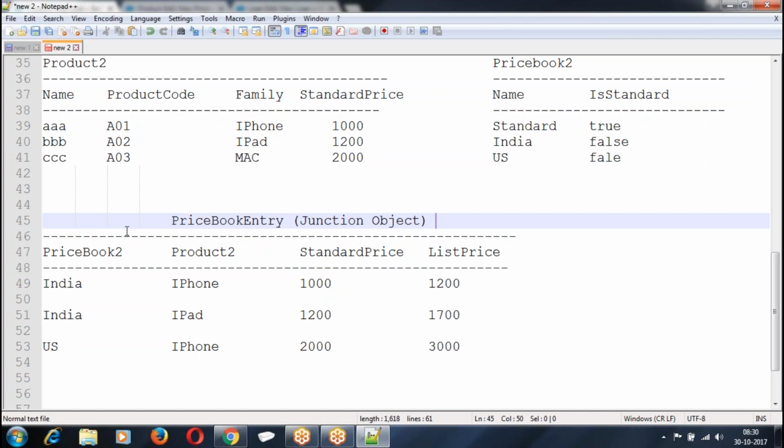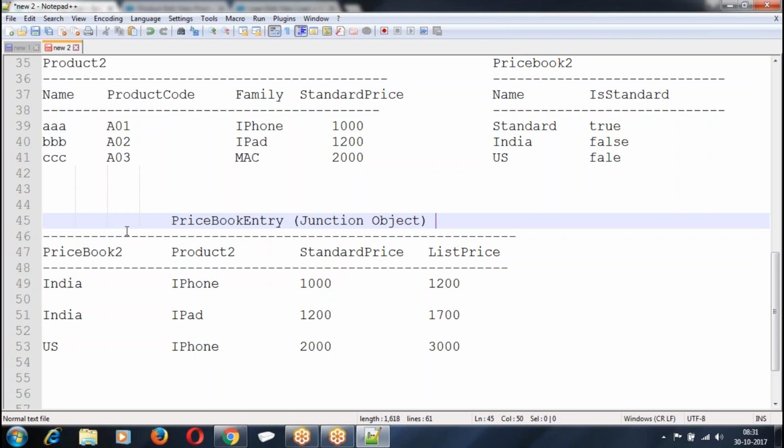So this is the basic information about three standard objects. What is that? Product 2, price book 2, price book entry. This is to achieve what? Products and price book information. Any company who is doing a business will be selling some products. Whatever the products that your company is trying to sell, store them internally within these three objects, so that you will automatically get built-in functionality of price books and standard price books. I hope I am clear.